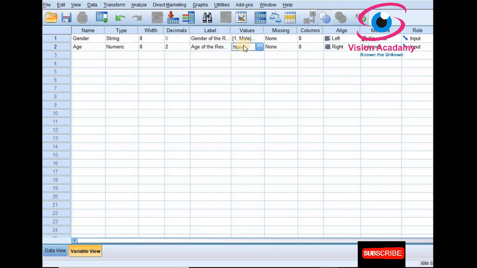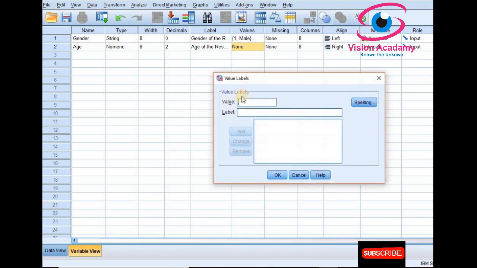In the age category I have given four options. I will enter those options here. First one, 20 to 25 years. Second one I will add, 25 to 30 years.